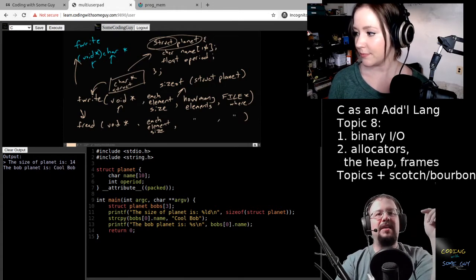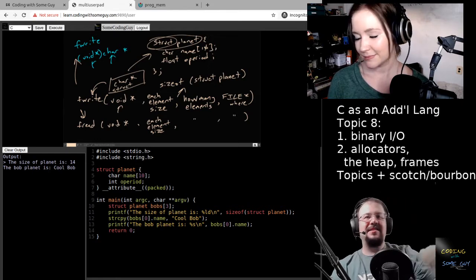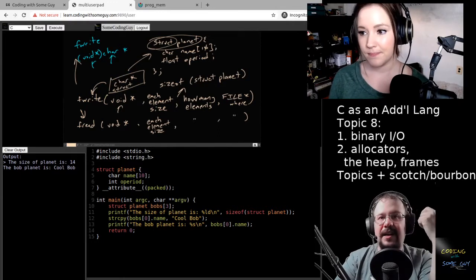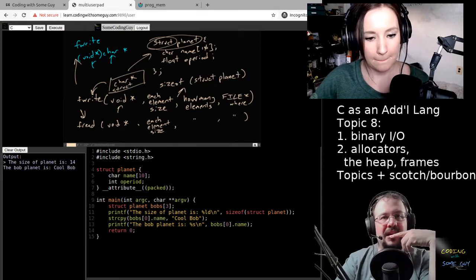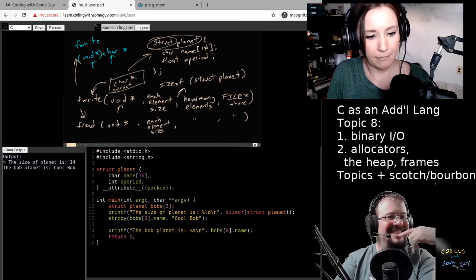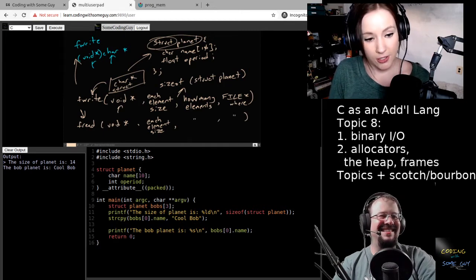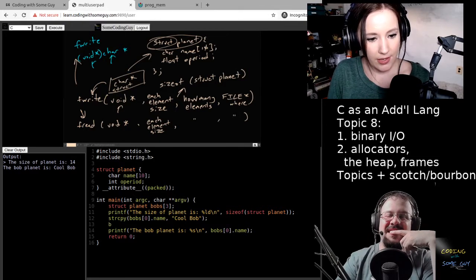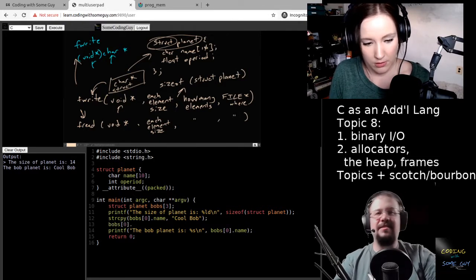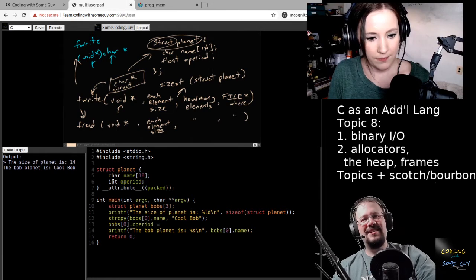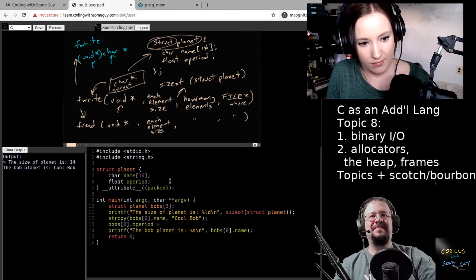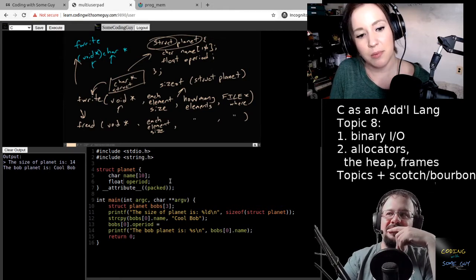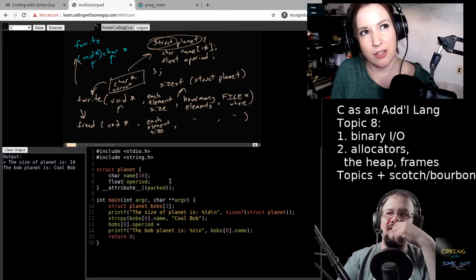All right. Well, how do we... So you haven't fully initialized this first Bob because we forgot the O period, right? Yes. Okay, and so how do we assign O period for it? Because it's an integer, I don't have to worry about this ridiculous string copy stuff. And so I think I can just do... Oh, sorry. Let me switch that back to what it should be. You know what? Bob 0 should be a planet that is very close to its star.